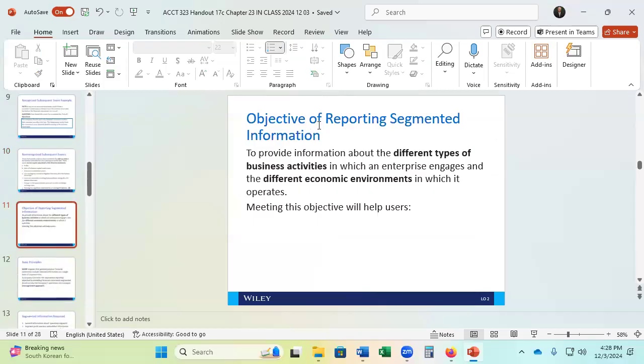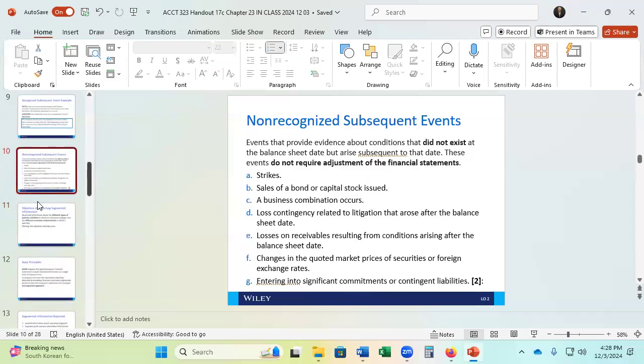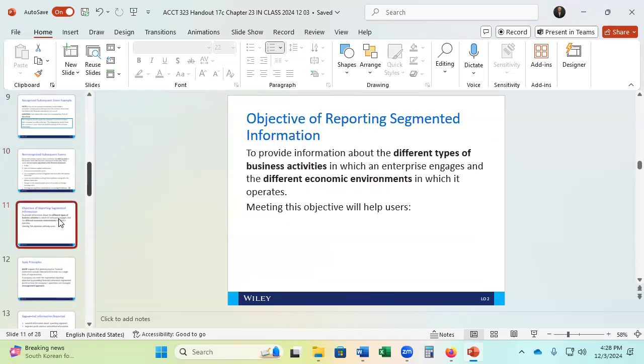All right. Like I said, this kind of jumps around, so I'm hitting each of these topics relatively quickly. I apologize, my transition is not great. Objective of reporting segmented information. So now we're moving from subsequent events to reporting segmented information. Now, again, this is something that has quite a bit of a gray area to it,